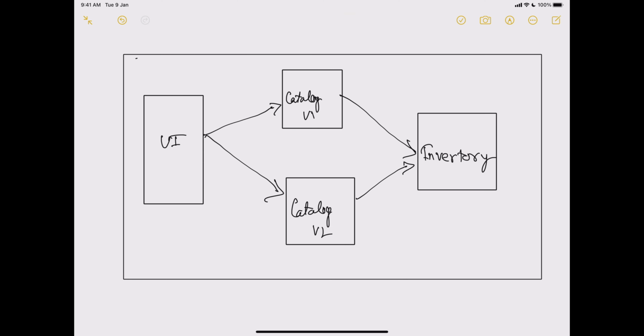In the previous video we saw that we can use a load balancer in front of this catalog service, but in that case it will be 50-50, a round robin kind of load balancer, and that's the extent of load balancing which Kubernetes gives you by default. So half of the requests will go to catalog v1 and half will go to catalog v2. If you do not want that, how can you do that?